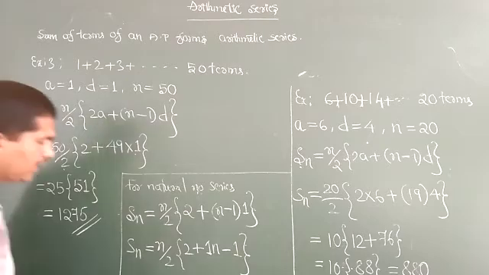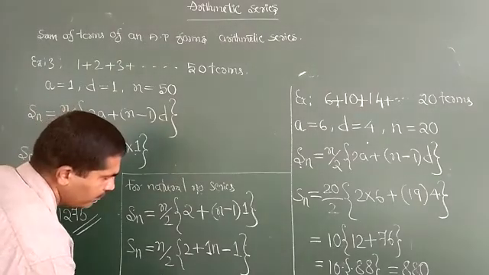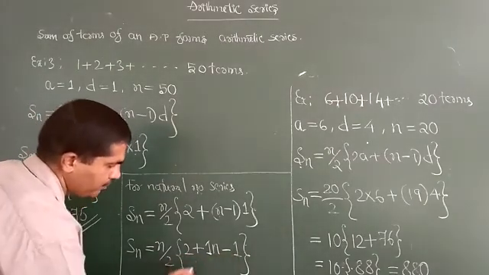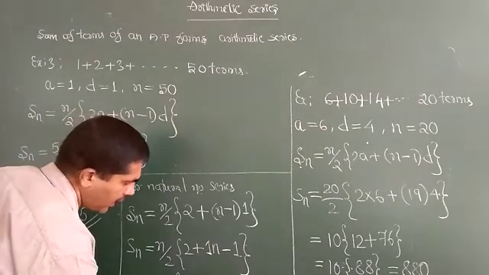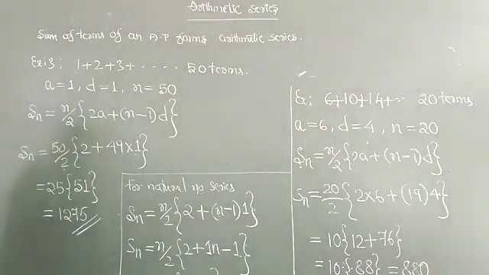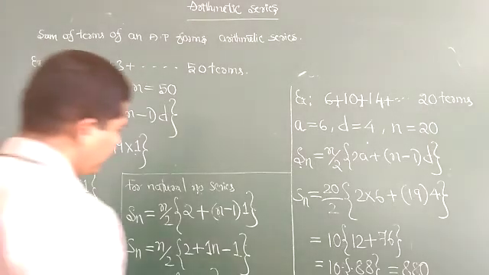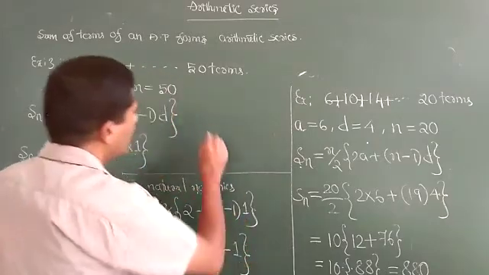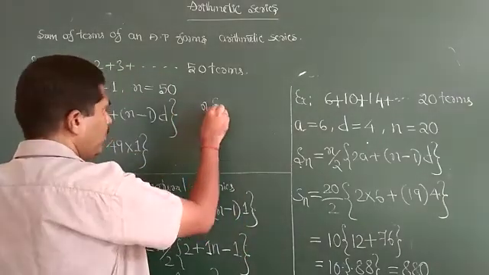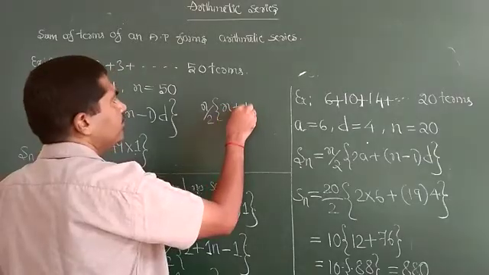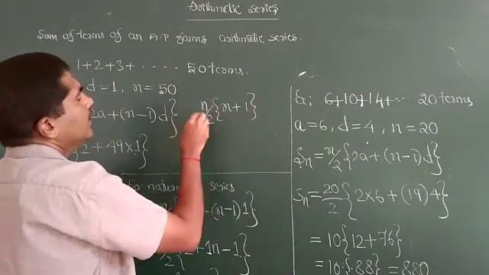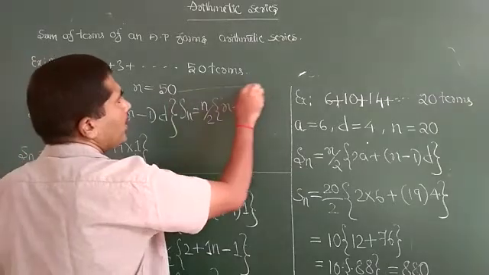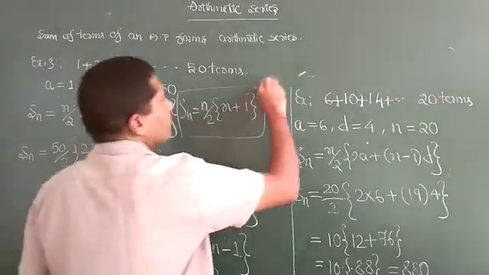So what is the answer now? It is equal to n by 2 into 2 minus 1, which became 1. So it is n plus 1 or 1 plus n. See what we have got now? Sn equal to n by 2 into n plus 1. I am writing it at the top, since it is not visible to you. What I have got now is n by 2 into n plus 1. So this has become the formula to find the sum of natural numbers.